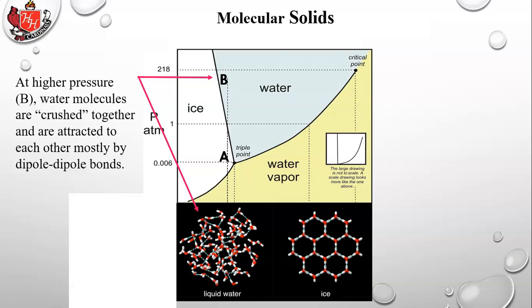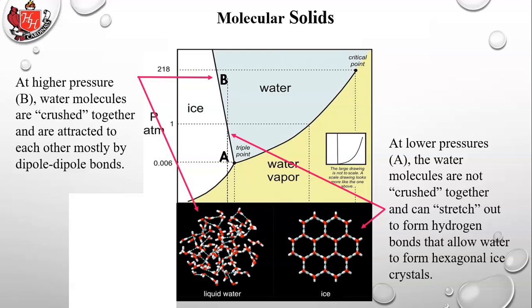Okay, so at high pressure B, so notice B is above A on the pressure on the vertical axis. At high pressure B, water molecules are crushed together and are attached to each other mostly by dipole-dipole bonds. Okay, so what we said is that in ice form, let's go ahead and read it. At lower pressures A, the water molecules are not crushed together. They're not being pushed together. They're at lower pressure, and they can stretch out and form hydrogen bonds that allow water to form hexagonal crystal